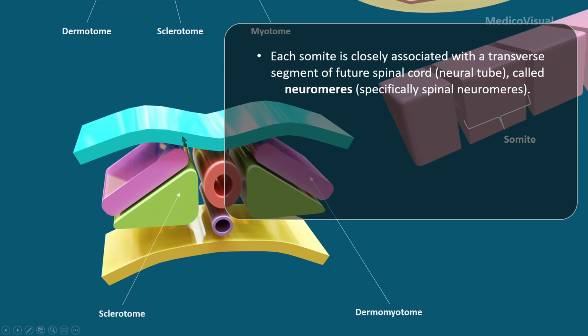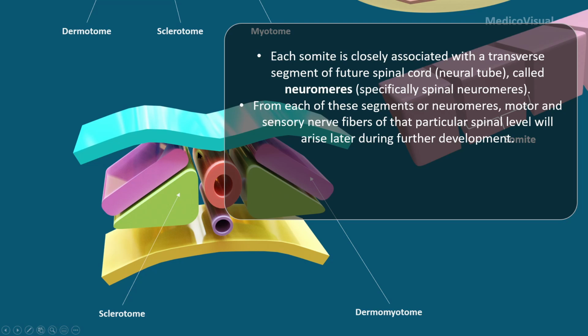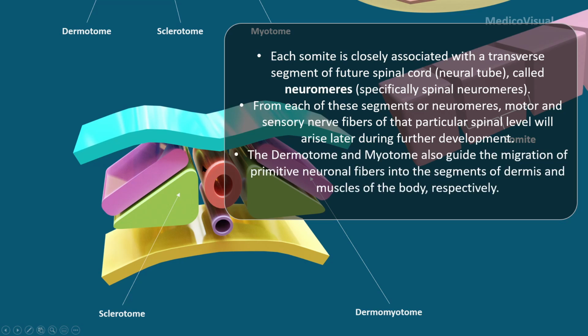Each somite is closely associated with the transverse segment of spinal cord or neural tube, and this is called neuromer. What is neuromer? Neuromer is the segment of neural tube. Later on we will see that from each of these neuromers, a motor as well as sensory nerve will arise, and these dermatomes and myotomes guide the migration of these sensory as well as motor neuronal fibers